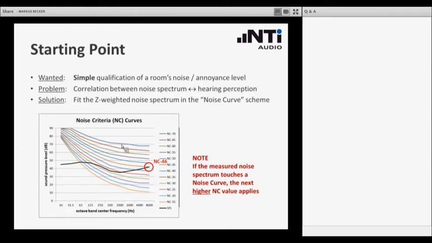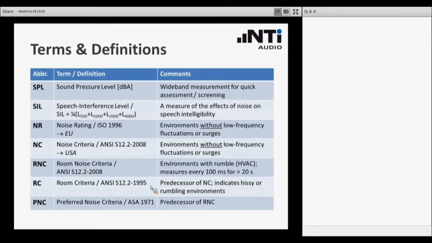Keep in mind, in the scheme I have only plotted a selection of noise curves, so there are many more. Actually, there are 4 curves in between each pair that you see here. The picture would be overloaded if I plotted all noise curves, but the standard has defined them, and the test instrument, of course, also considers all these existing noise curves for its measurement. So the principle is very simple. You measure the spectrum and you take a look at which is the lowest noise curve which does not touch the measurement result curve.